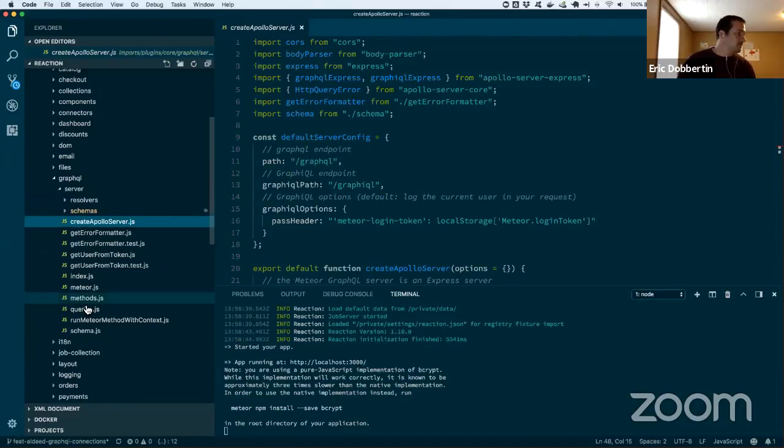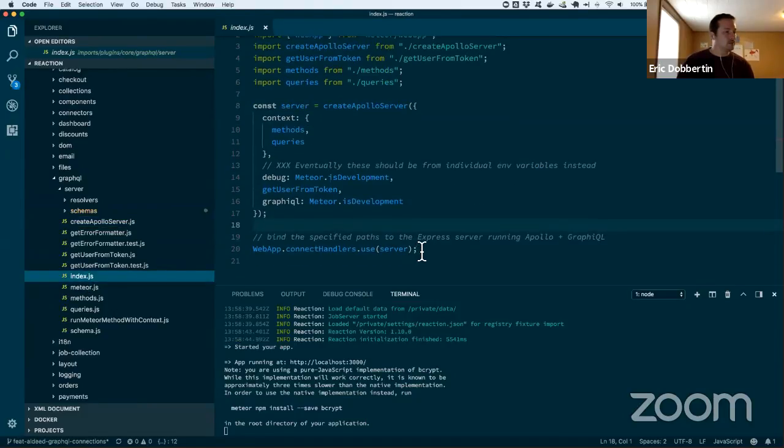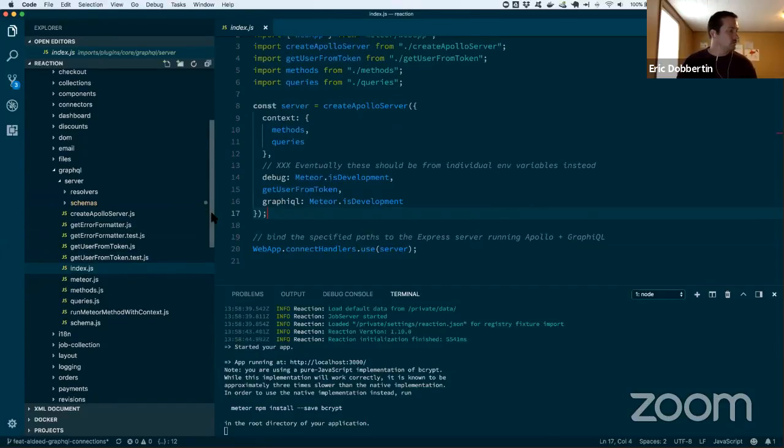And then we're just exposing it using the Meteor WebApp connect handlers, which will bind the /graphql and /graphiql routes to this server.